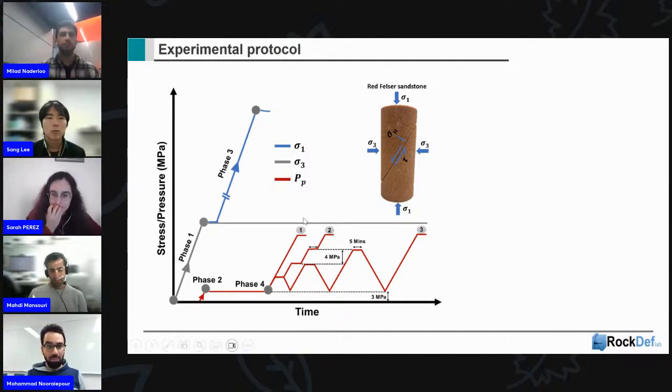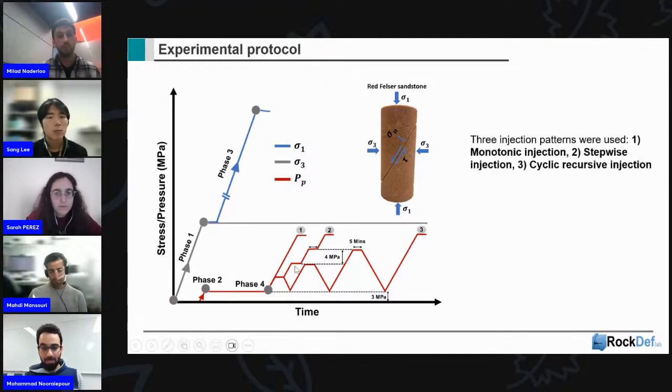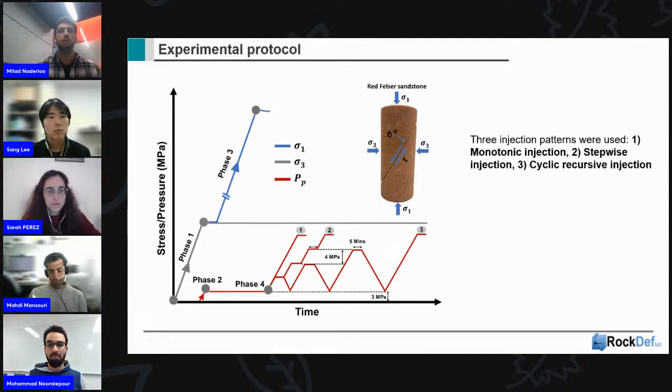So here we want to see how 3 different injection patterns compare. You have a reservoir, and you can tell the operator to inject monotonically, or inject, wait, and again inject, which we call stepwise. Or we can inject cyclically, because we want to come up with a solution that doesn't induce a big earthquake there.